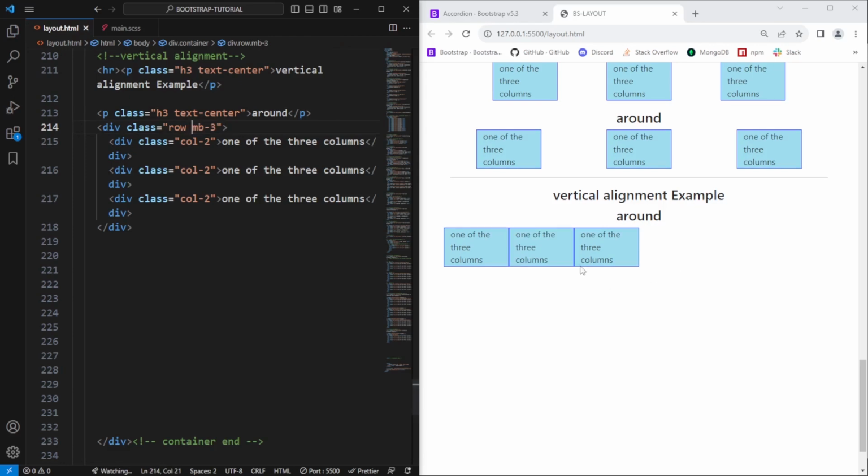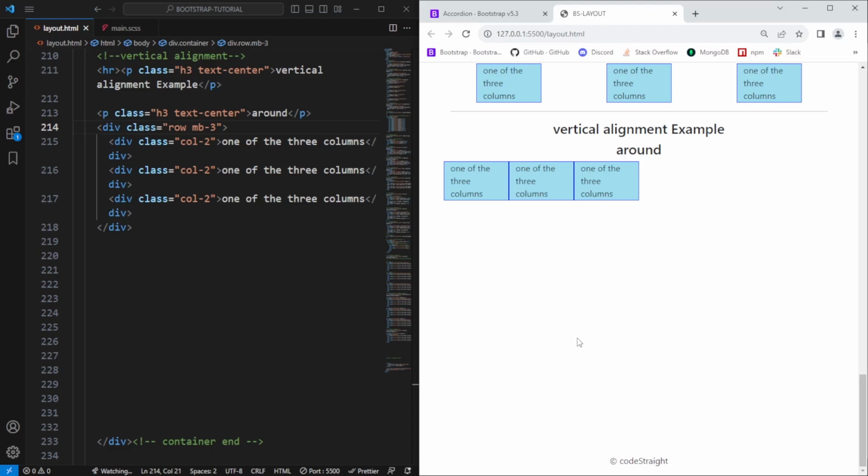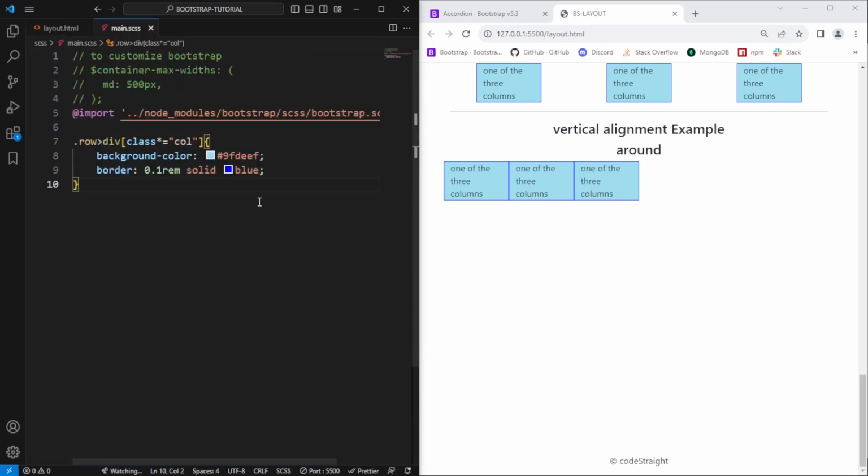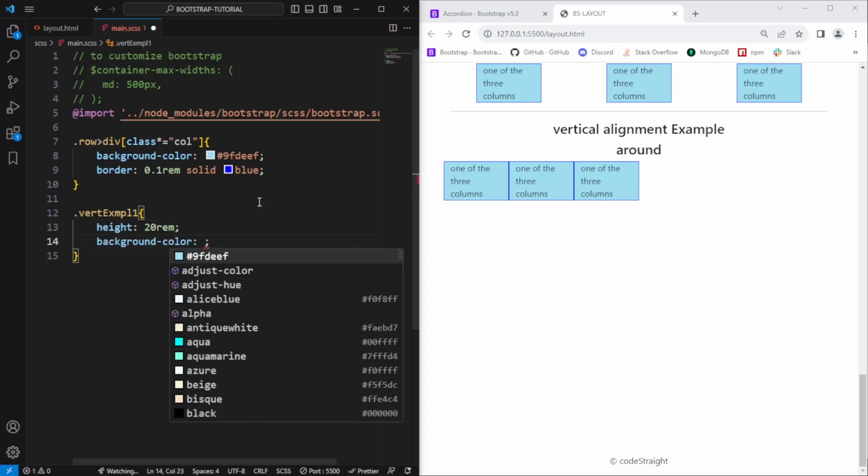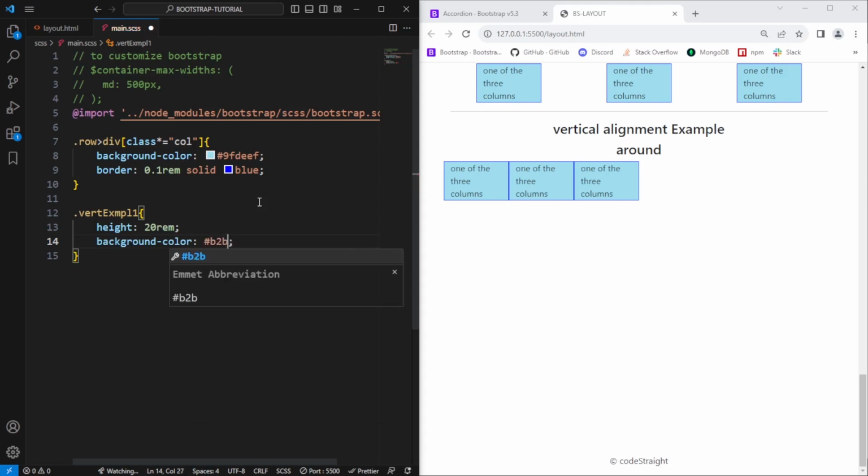and for the demonstration right now we don't have any height here, so for the elements to be vertically aligned we must have some height. So let's add a class here, say vert-exmpl-1. Save, and let's copy that and go to main.scss and paste our vert example 1 here, and let's type in here some styling, say height 20rem, and background color to be say #b2b2e8, and let's select all of the columns of this class